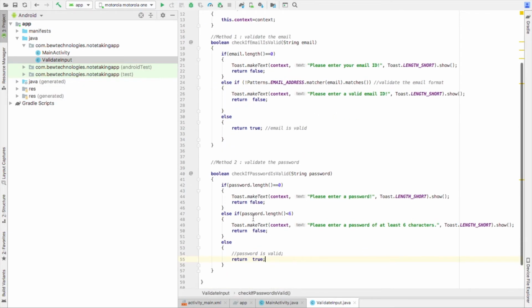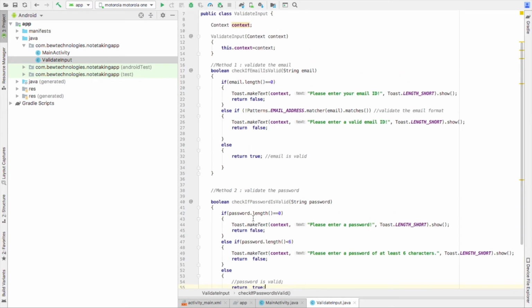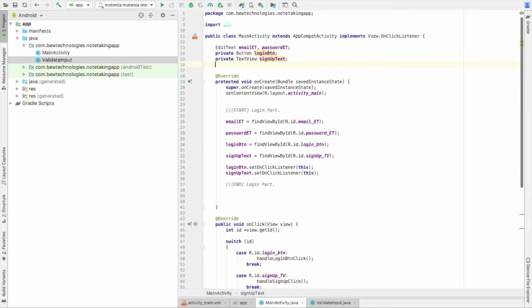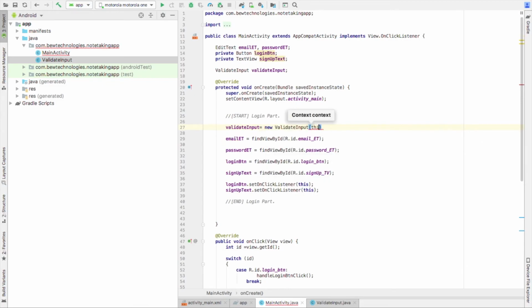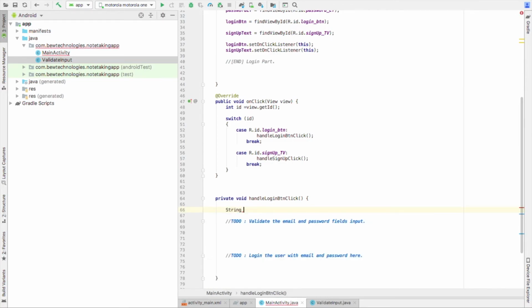So we'll put this validate input class and create an object in main activity. Okay, so here we'll create a new object. Pass context, its object is created, validate the email and password fields input. First we'll have to store the email and password in a string.